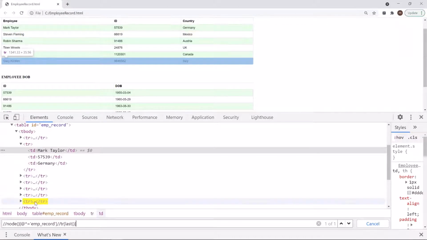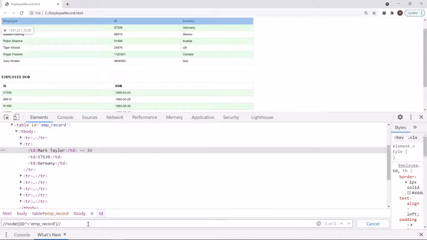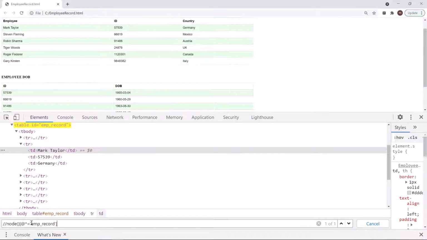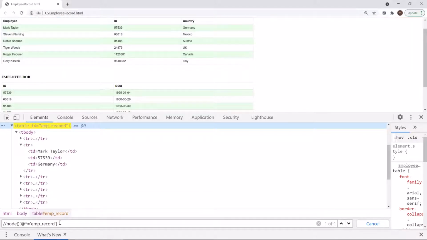Now let's say that the element which you are looking for has an ID or any unique attribute that contains a value which changes every time. But the value always starts with some fixed string. Let's suppose that we are getting the ID of this element as employee as a fixed string, and after that you're getting any kind of random values, might be some numeric characters.